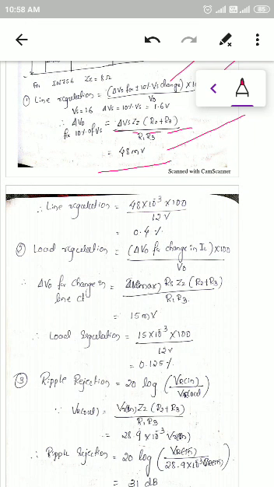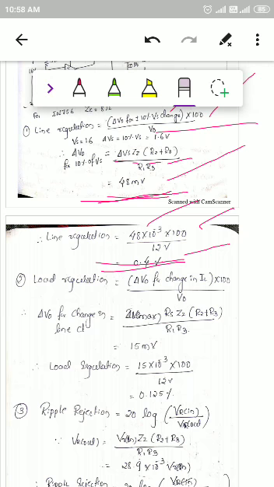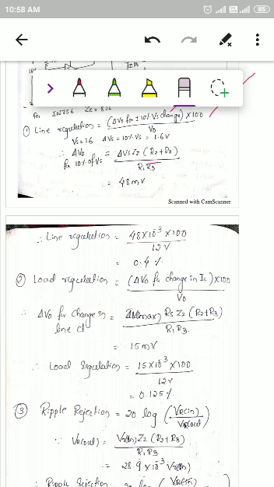Okay, now line regulation. You calculated the delta V naught for change in V in. So the line regulation equation is this one. Delta V naught for 10% change of V in is 48, so 48 into 10 raised to minus 3 into 100 divided by V naught. V naught is how much? They have given 12 volts. Just substitute, and you will get the line regulation as 0.4%.